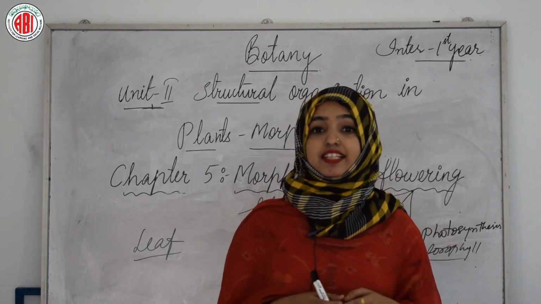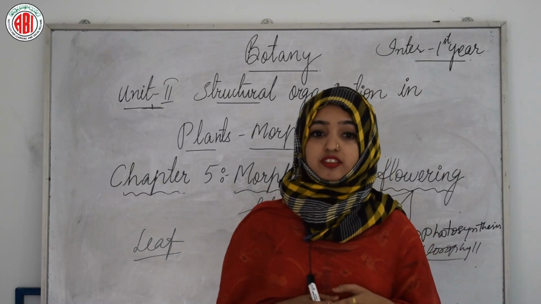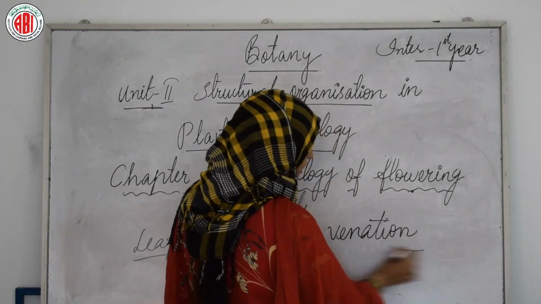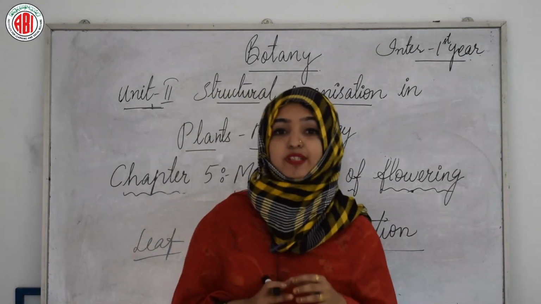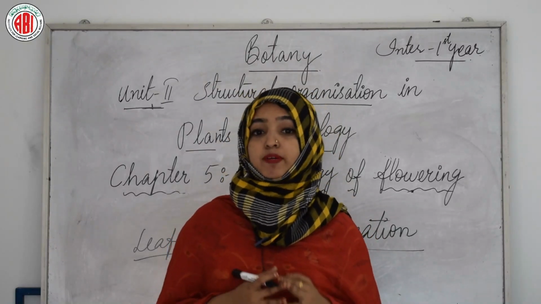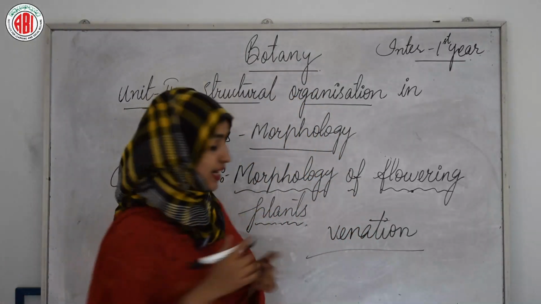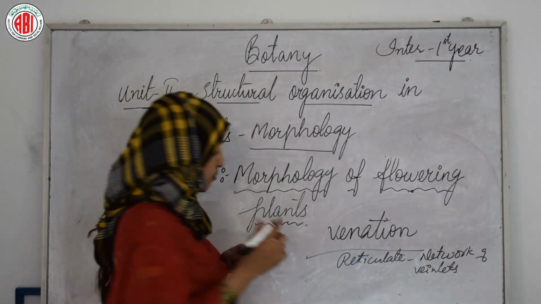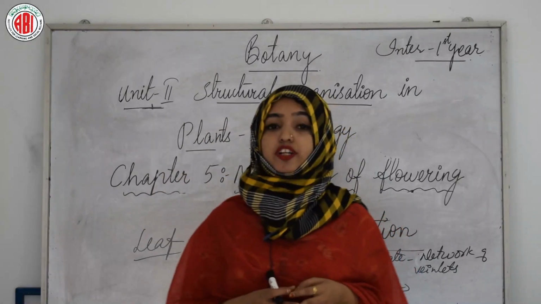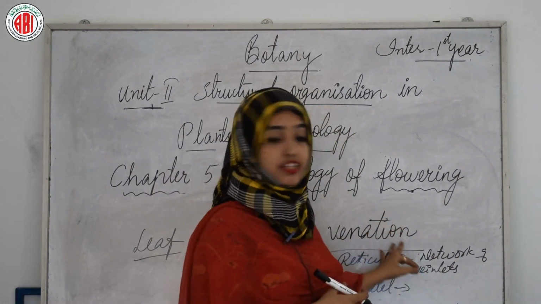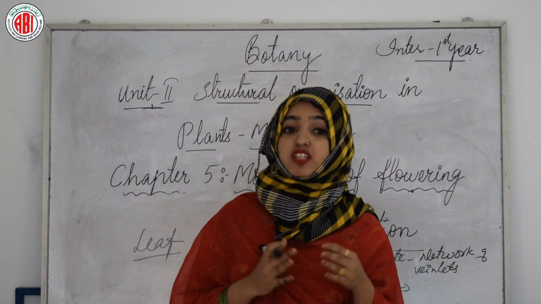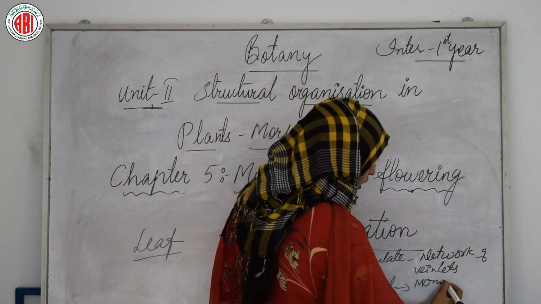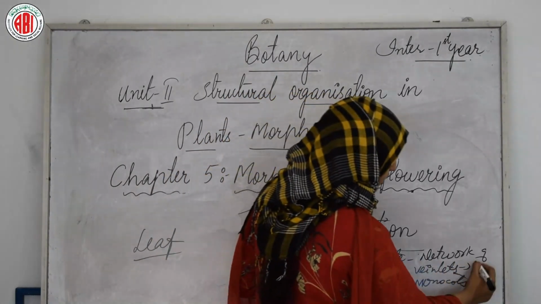And the shape, margin, apex and extent of incision of lamina vary in different leaves. Now, how are the veins and veinlets arranged on the lamina of the leaf? When the veinlets form a network, the venation is termed as reticulate venation. And when the veins run parallel to each other within the lamina, the venation is termed as parallel venation. Leaves of dicotyledonous plants generally possess reticulate venation, while the parallel venation is the characteristic feature of most monocotyledons. So this parallel venation can be seen generally in monocots, and this reticulate venation can be seen in dicots.